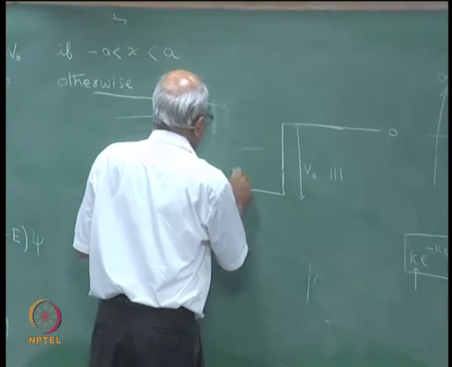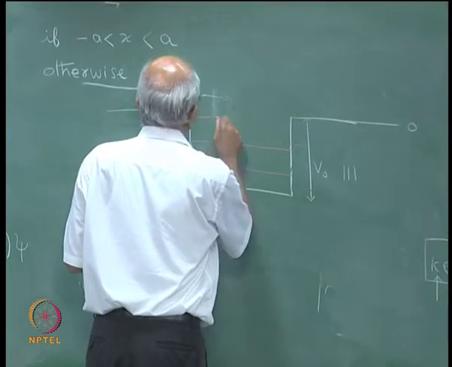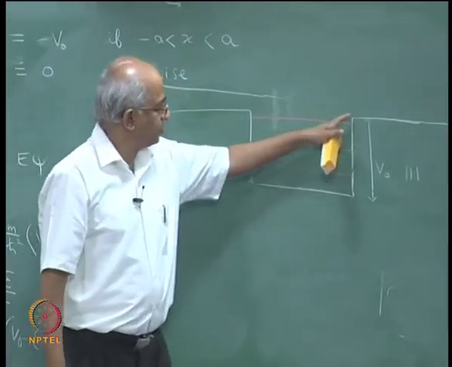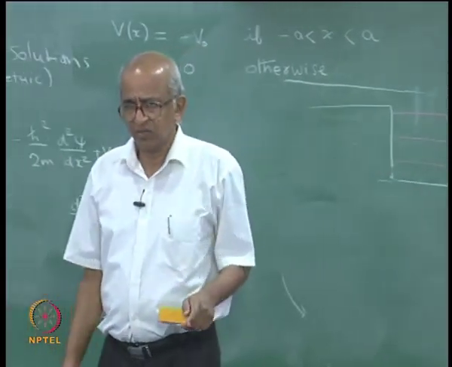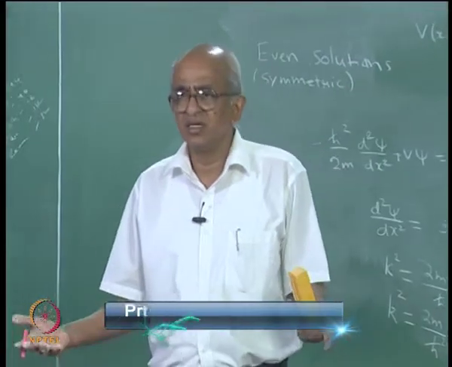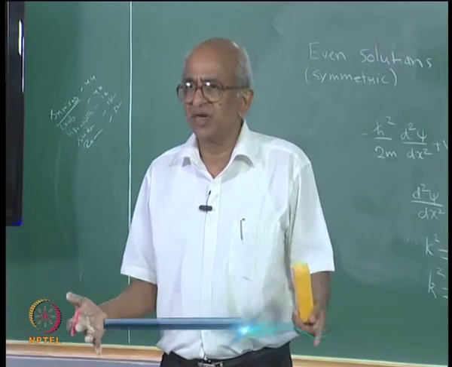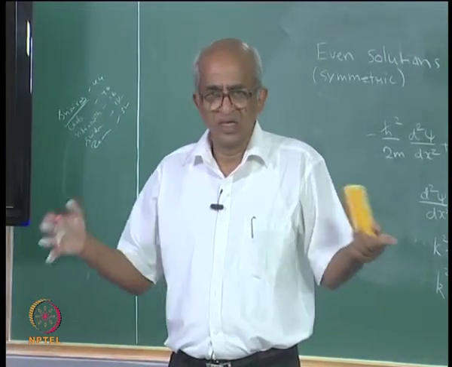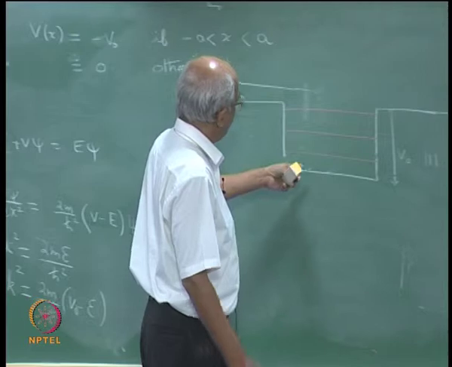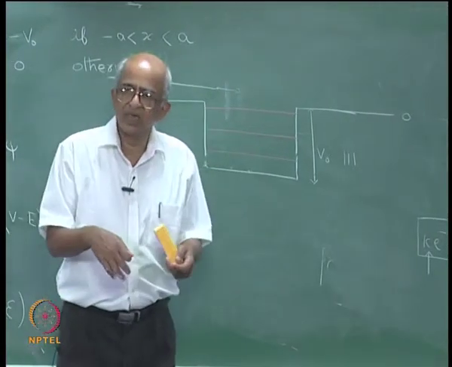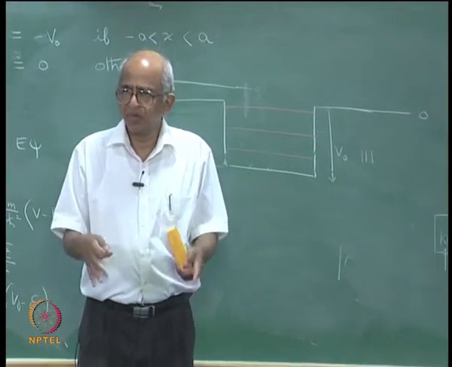So it will have maybe one energy level there, another energy level maybe somewhere here, and a third energy level may be very close to 0, maybe something like that. It would have 3 energy levels, or maybe 4. The number of allowed energy levels in the box is actually finite. Only a given number of allowed energy levels are there. So the system may remain in any one of these 3, and if the system remains there, then we say the system is bound, it is trapped in the potential well.